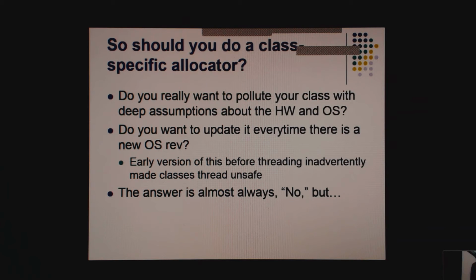So should you do a class-specific allocator? Well, here are some questions. You really want to pollute your class with deep assumptions about the hardware and operating system. You want to update it every time there's a new OS rev or a change in usage pattern. Right? If you had done a class-specific allocator like this before threading, your program would have become silently thread unsafe. So on the one hand, the answer,